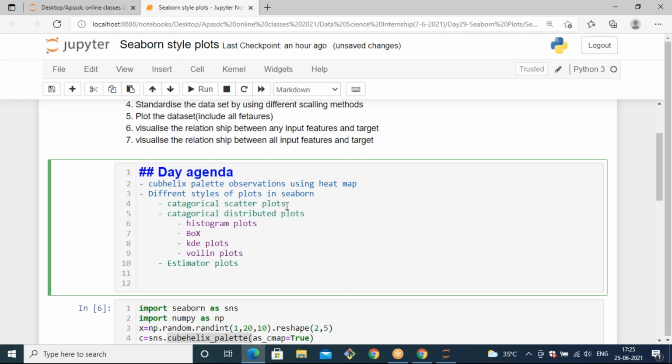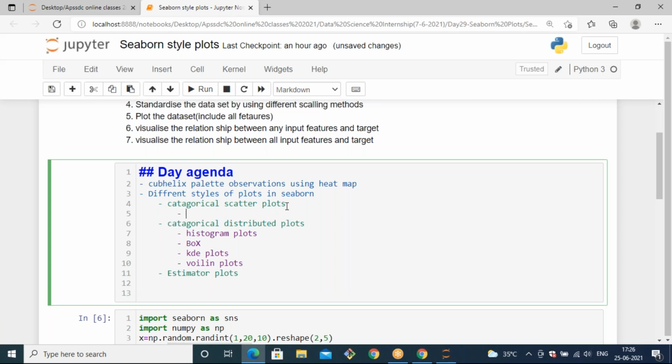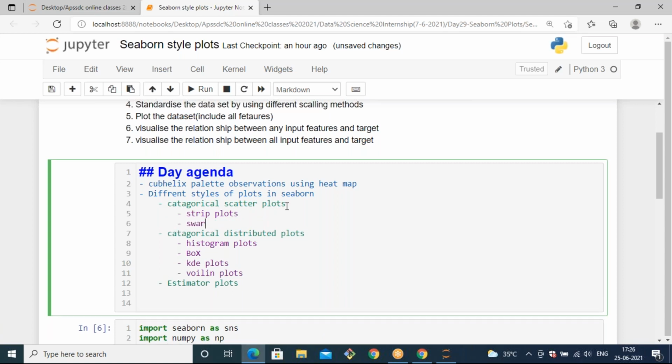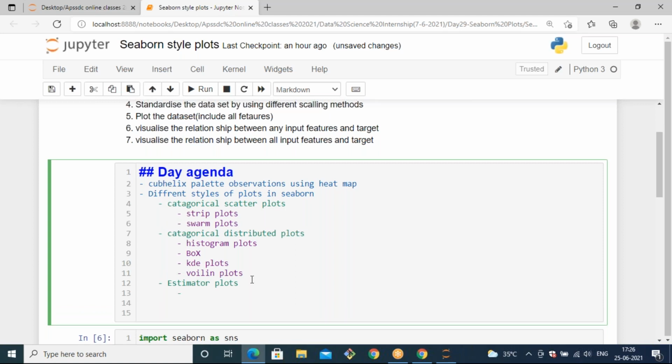Some of the scatter plots we're going to see here are the strip plot and swarm plot. Estimator plots come under things like the bar plot. The palette plot is a normal plot, like your line plot, used to visualize colors. That doesn't come under estimated, categorical distribution or scatter.